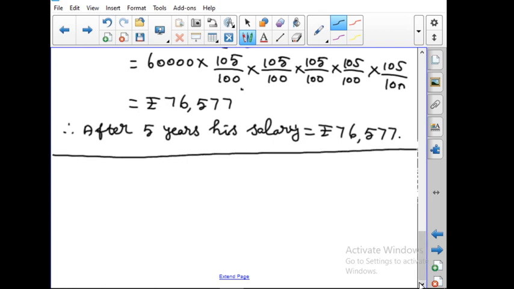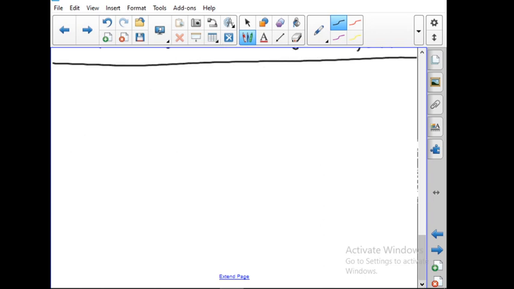In this sum, we can use another method, that is the formula method. So the formula method now we are going to apply in the 11th problem, because 10th and 11th are the same problem only. Both can be done by this method and the formula method. If they ask for 2 marks, you have to use the formula method; for 5 marks, you have to use this method.